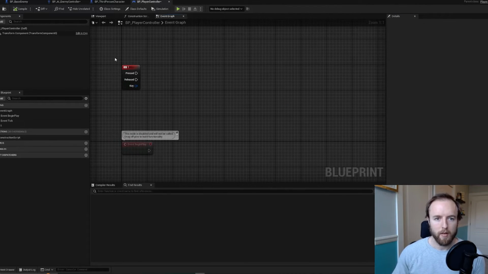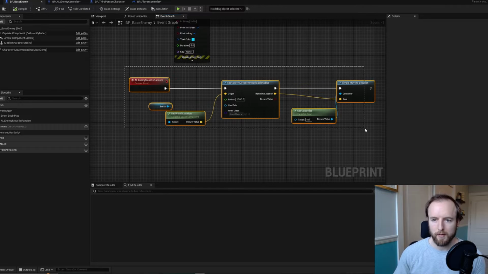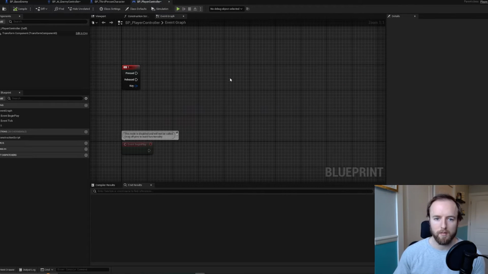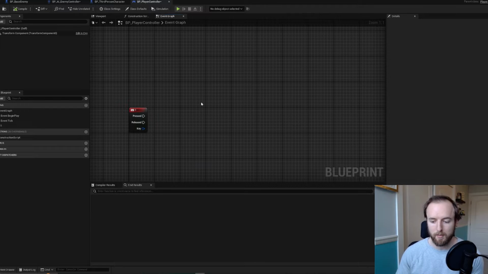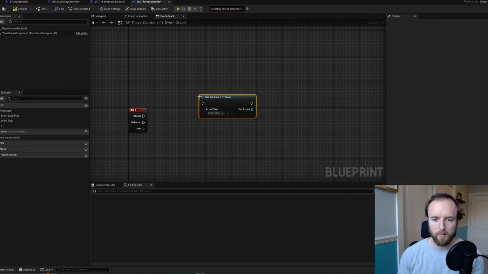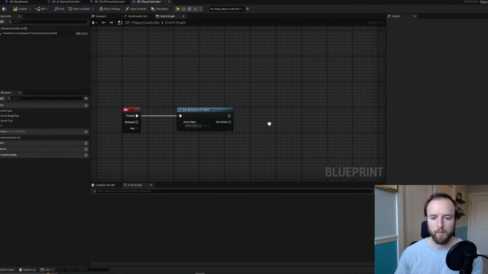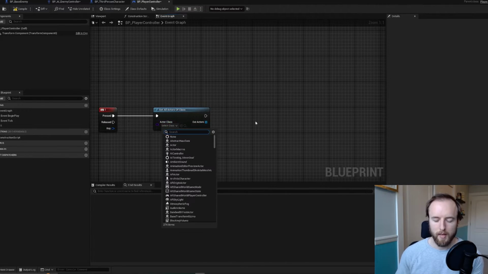Okay, so you're like, all right, we're in our player controller. We want to call this enemy function or event, but we don't have a reference to it, so we can't call it. So we got to get a reference to it. There's a lot of ways you can do this, but just for now, just to test this, because we're just showing a simple point, we're going to do get all actors of class. Don't do this normally. This is just for this one character, although you could do it for all. And we're going to say base enemy,